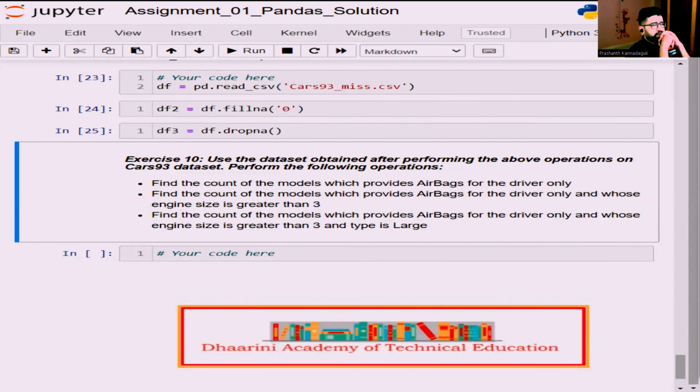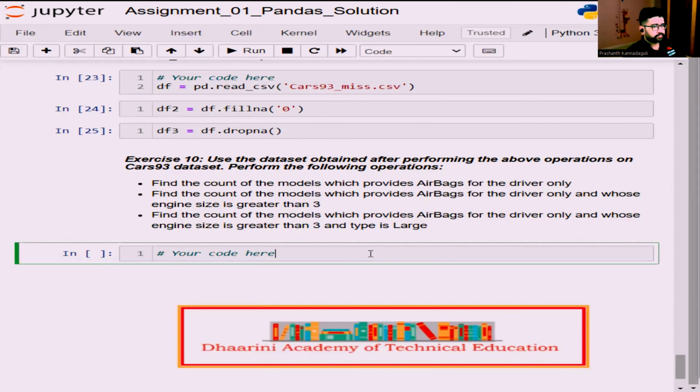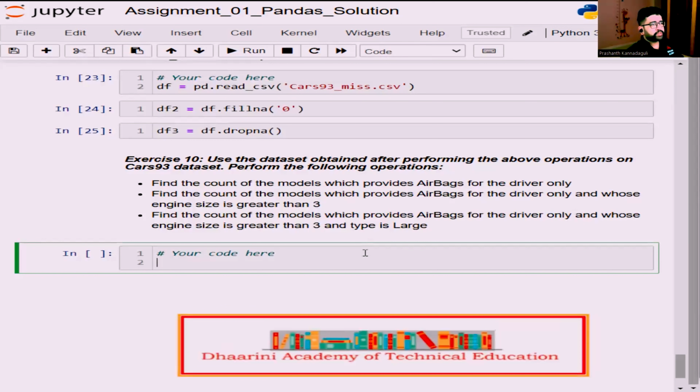If you look at the data set which is given, it actually has various columns. In that, we are supposed to find out the count of the models which provide airbags to the driver only. Let me check that. Let me use df3 now, because in df3 I have dropped the not a numbers. Let me use that. So df3 of